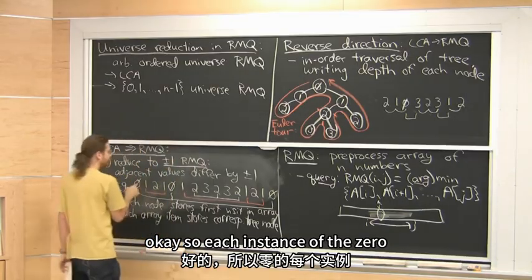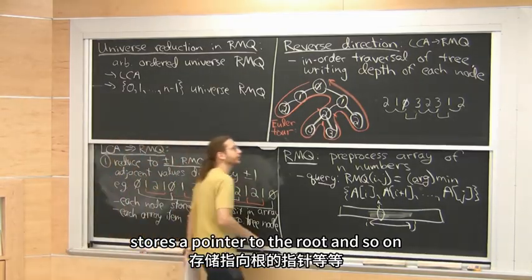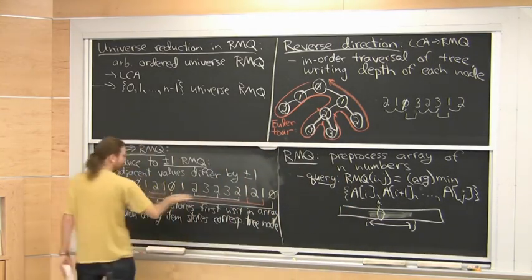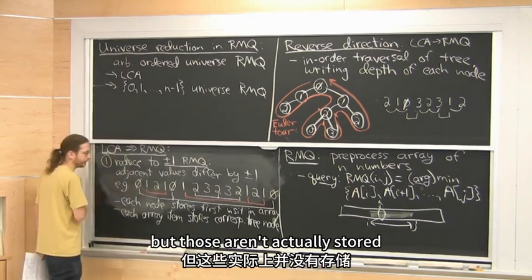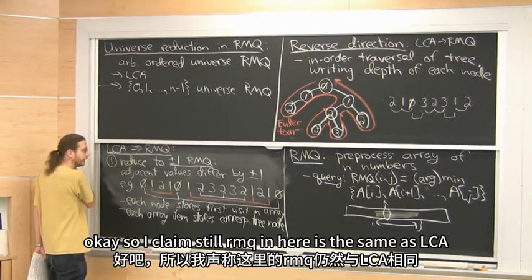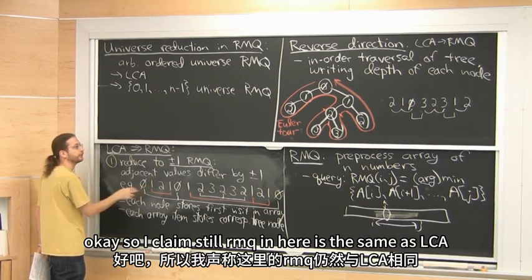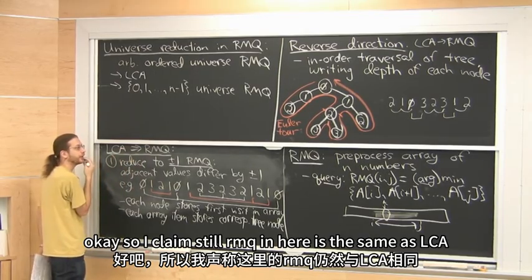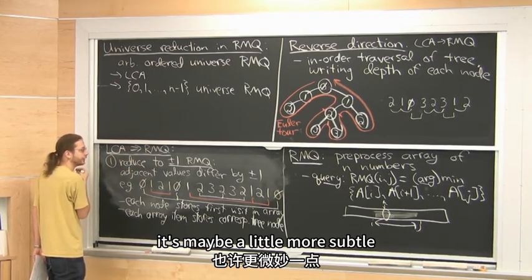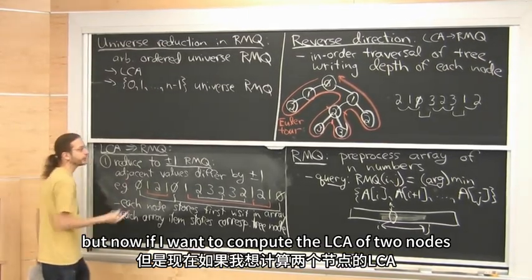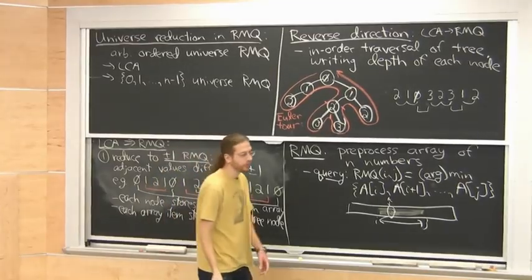Okay, so each instance of the 0 stores a pointer to the root, and so on. Which is kind of what these horizontal bars are indicating, but those aren't actually stored. Okay, so I claim still RMQ in here is the same as LCA over there. It's maybe a little more subtle, but now if I want to compute the LCA of 2 nodes, I look